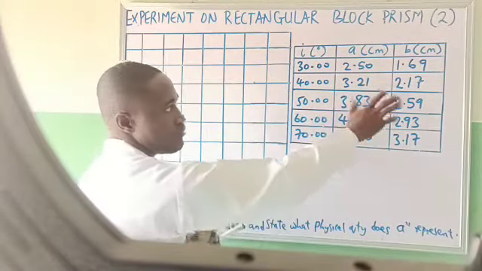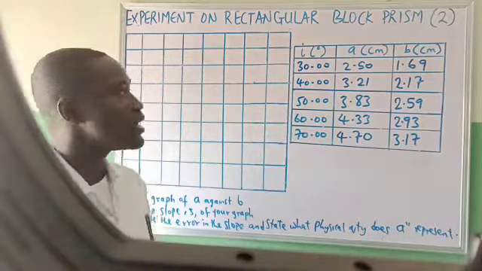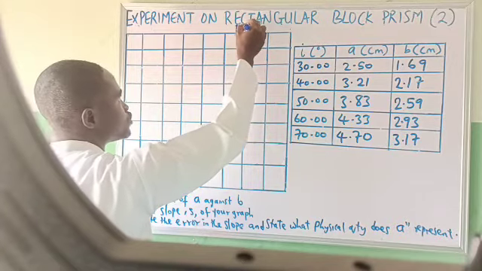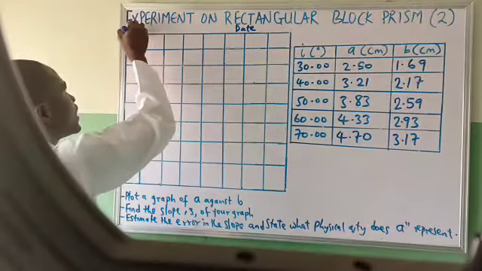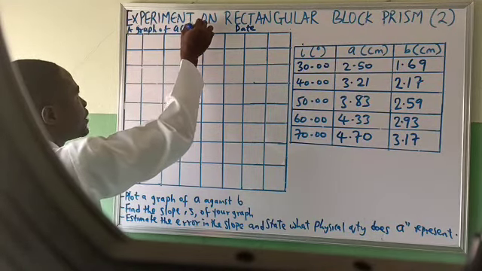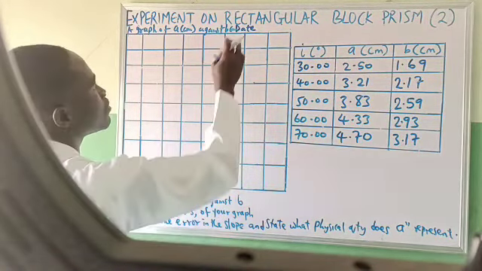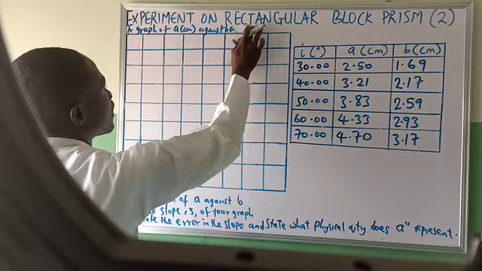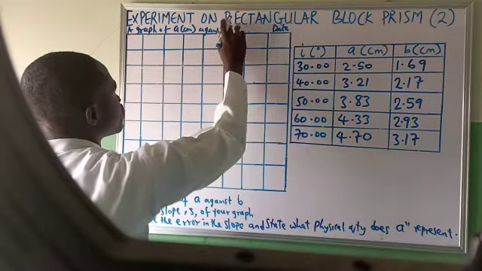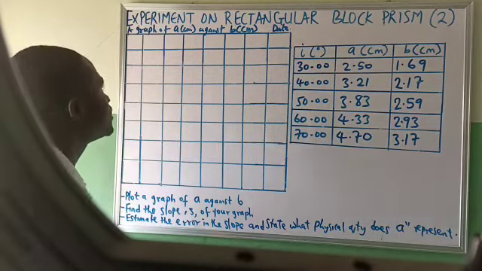We have gotten our radius from the video before now. I want to see how to plot the graph. Now, before you do the graph plotting, please note that here you have to put your date, then say a graph of A in cm against what? B in cm. So after you put your date, say graph of A in cm against B in cm. Very important. Then